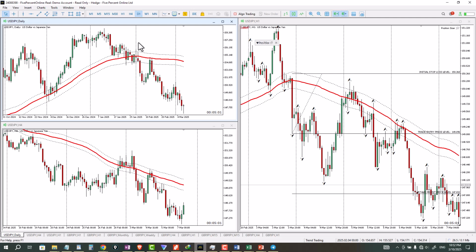Anything that is showing me that I should sell, if price is above the moving averages on the daily time frame, I'm not interested. I'm only going to be aligning myself with the direction of the trend on the higher time frames. Now if you take a close look at this chart, you'll notice that price currently is trading